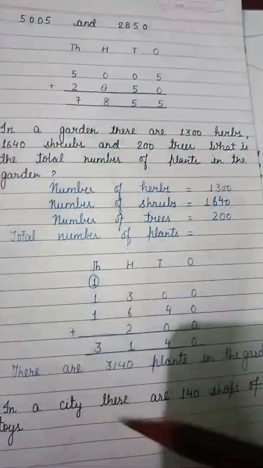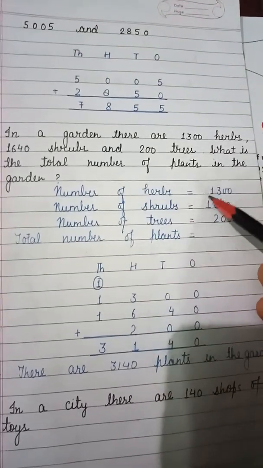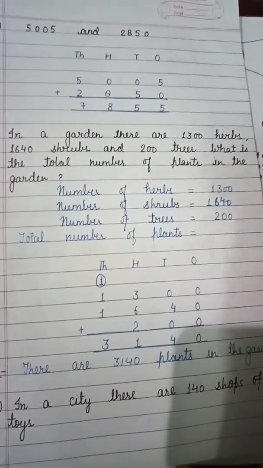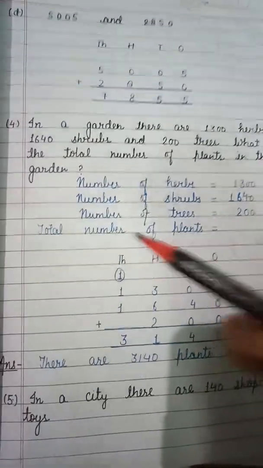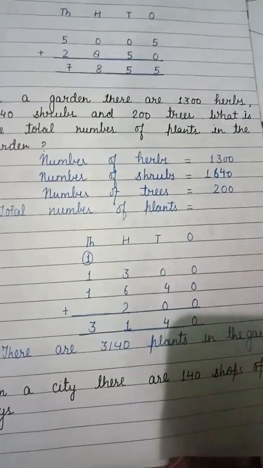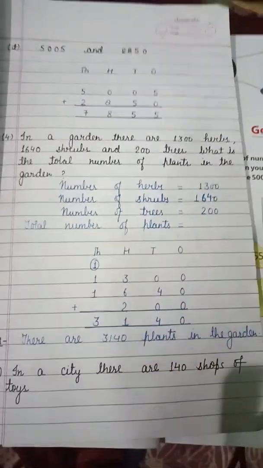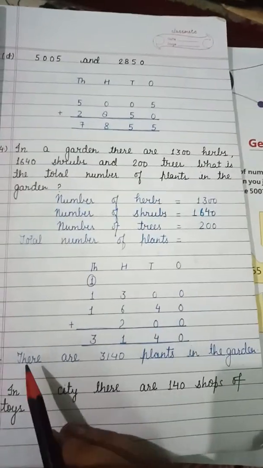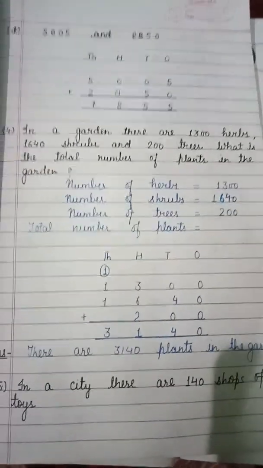So we will write like this. We have to make an explanation of all the statements, right? So number of herbs, right? First equation 300, and then come to second, number of shrubs, right? 1640, and the trees, which are 200. So in the last, what we will do, the total number of plants, we plus them like this, right? In a clean method, it shows all the things very clearly. So you should do like this. Okay, so in the last, what we have to write, there are 3140 plants in the garden. You can see the statement sum, right?